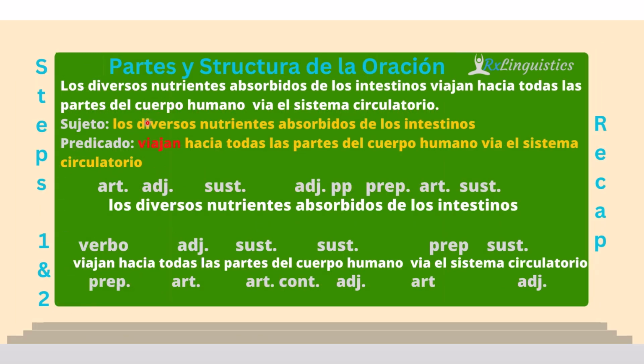Well, module 1 and module 2 are about Spanish grammar, the parts of speech and then the structure of the language. As to the parts of speech, you'll be able to identify article, adjective, noun, preposition, verb, and all those. But in module 2, on building sentences, you learn subject and predicate, and you find out that